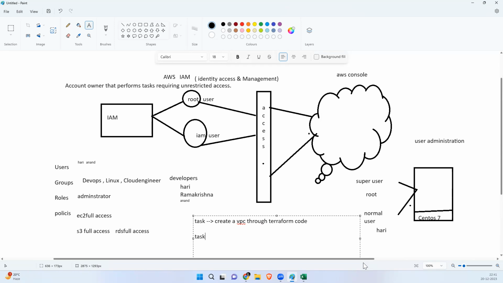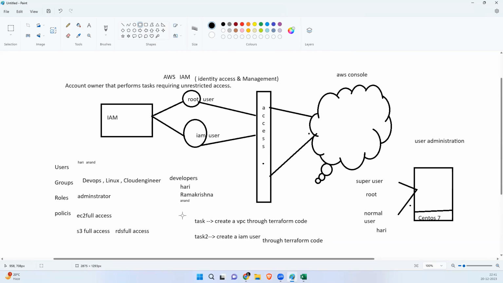Task 2: create an IAM user through Terraform code. Guys, understood? These two are the tasks you can do today.